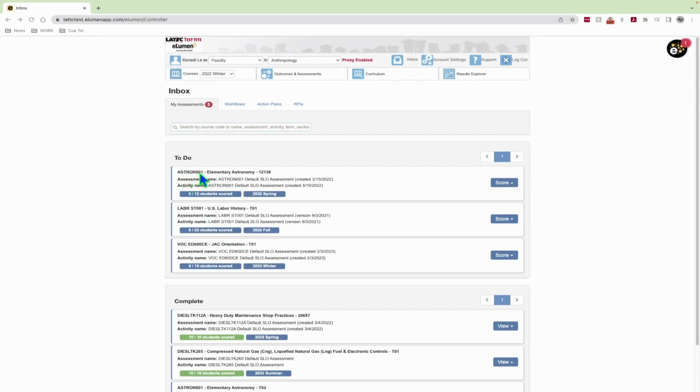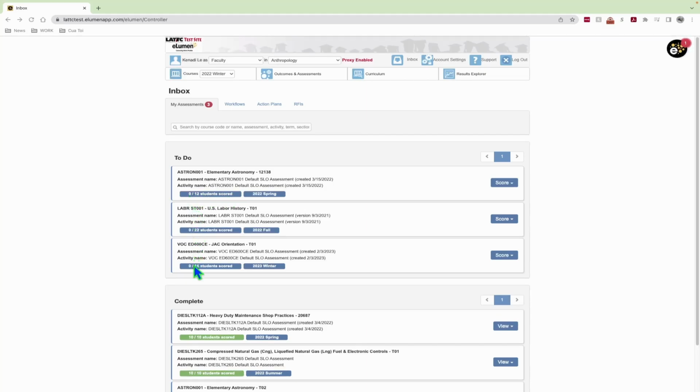What you see is the name of the course and section information, the name of the assessment, and the name of the assessment activity. Beneath that, this blue label here indicates the total number of students scored for this scorecard and the total number of students on the roster.